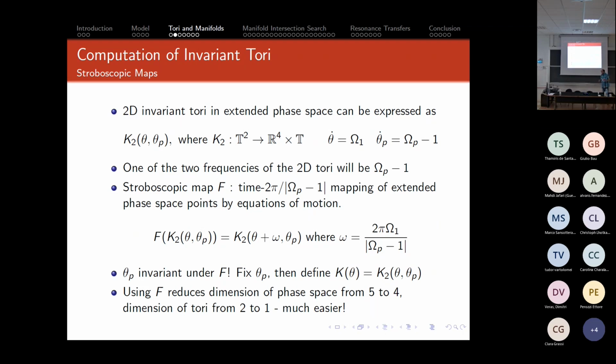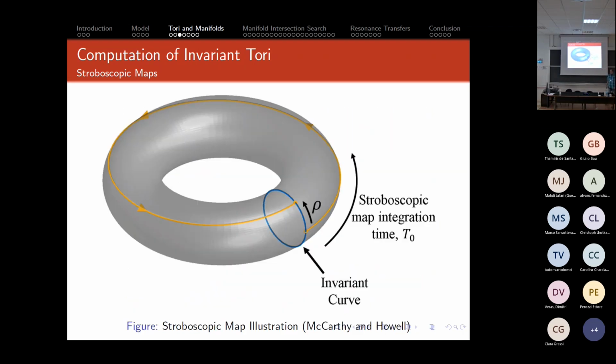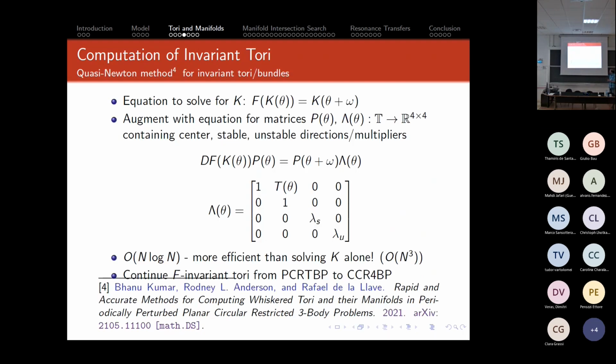So that's just computationally easier to deal with. From now on, everything will be dealt with stroboscopic maps. This just graphically represents the situation. Now, quickly summarizing some of our previous work, we have the method for computing these tori, which simultaneously computes the